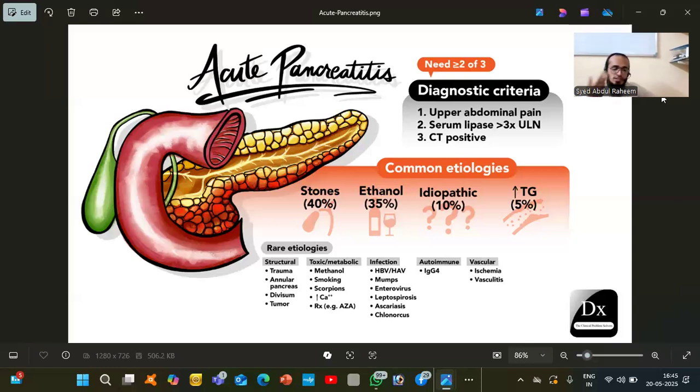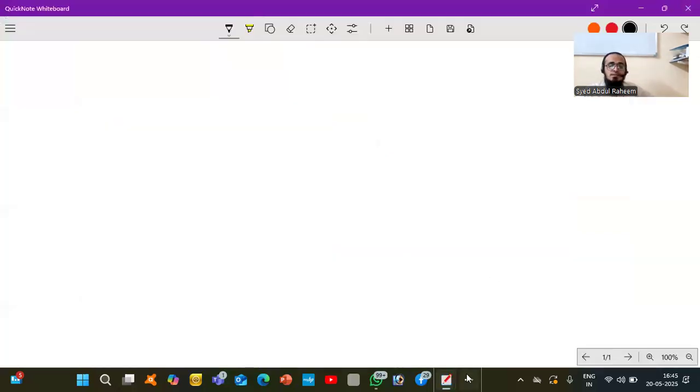pancreatitis. So what is the investigation of choice here? CECT abdomen, and initially we'll go to ultrasonography. In ultrasonography, the size of the pancreas is more than 24 centimeters. Okay, this is the important thing. Acute pancreatitis. Next, we have